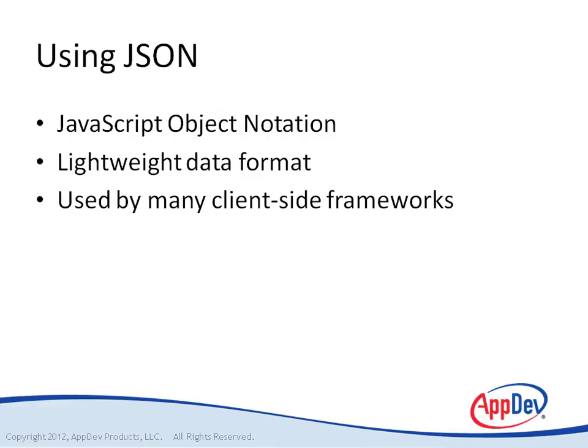JSON is used by many client-side frameworks because it is this sort of native JavaScript format. So if you're doing any work in mobile, you know that one of the big pushes there is with HTML5 and JavaScript to get a lot of stuff done, sort of a cross-platform way of developing the client part of the application. And so you'll see JSON being consumed by all kinds of clients, from your desktop web applications to